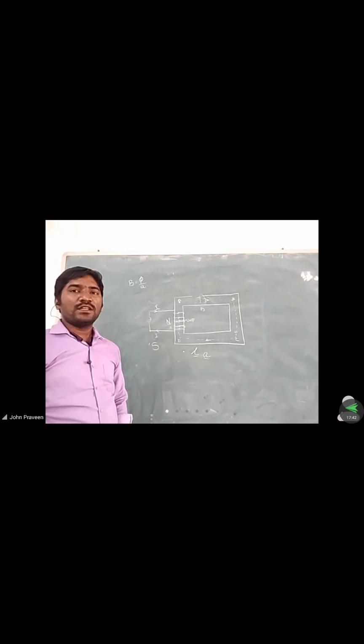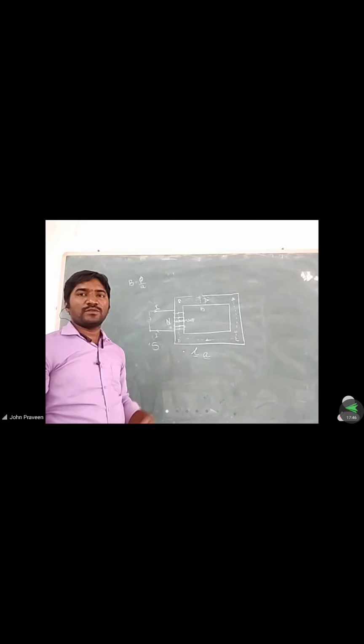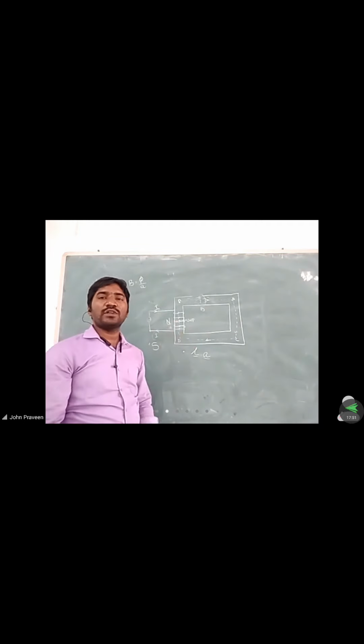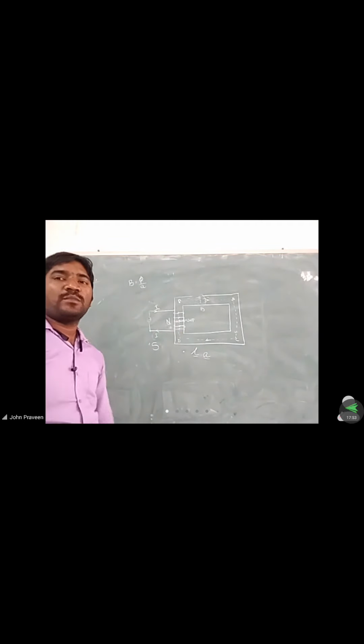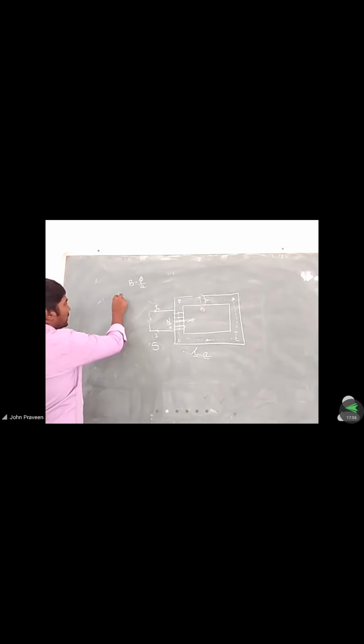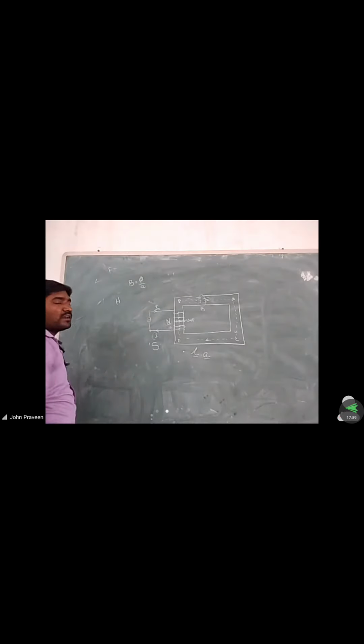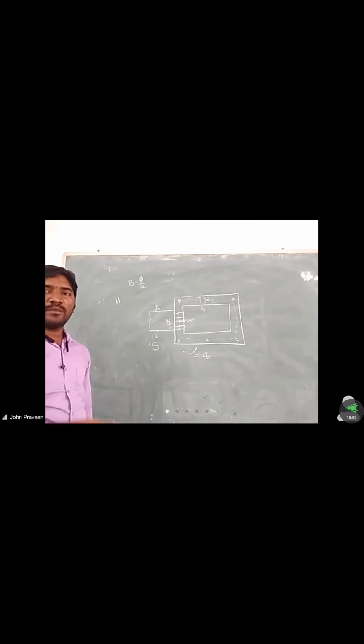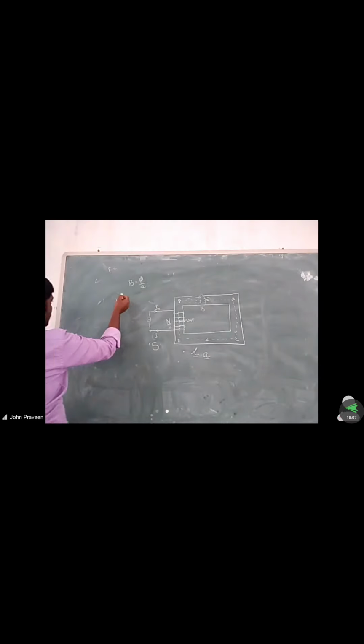Because of that, first we find out the magnetic field force. We want to find out what force is acting. So how can we find it out? The force can be found by means of H. Generally, in physical terms we denote force with a capital F. But in the case of magnetic terms, it is denoted by means of H. So what is the equation for H? H is